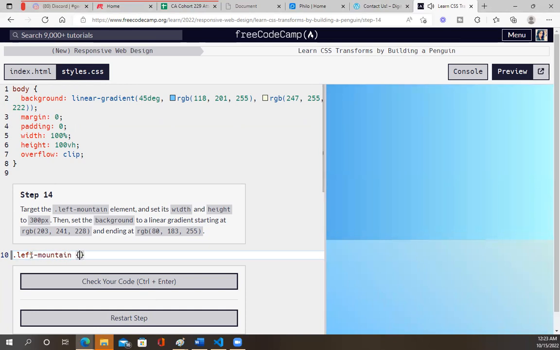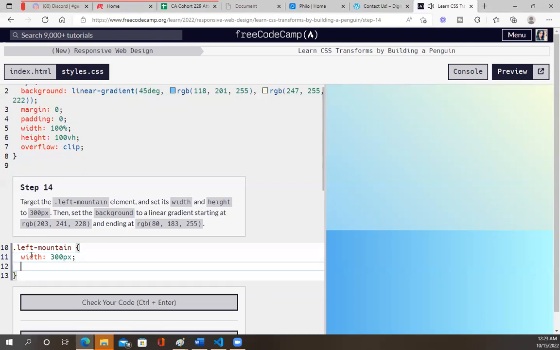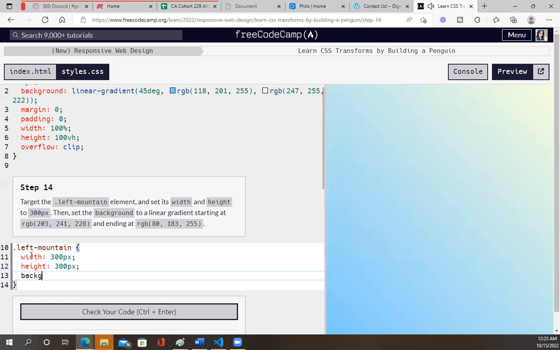All right, target the left mountain we just made, and we're going to give it a width and a height of 300px. Then set the background to linear gradient, starting